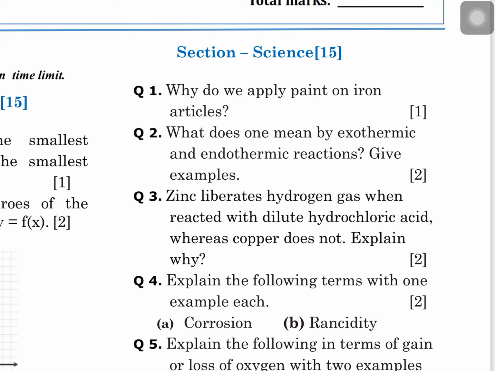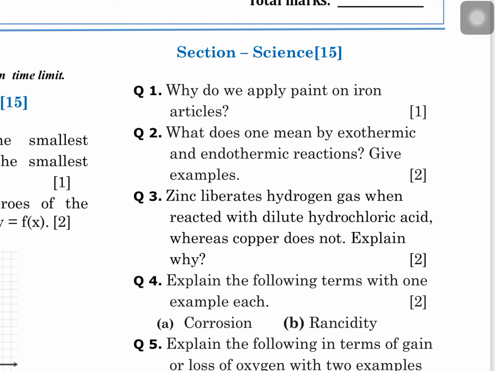Every metal wants to combine with oxygen, because oxygen is a very loving element. Every metal, when it sees oxygen, is attracted very much and combines and fuses to form new compounds. But you cannot protect yourself from oxygen, because oxygen is your life. So you write: paint is applied on iron articles to prevent them from rusting. Okay, this is a 1 mark question.